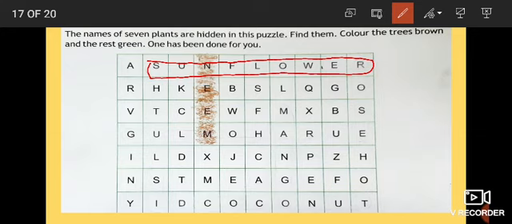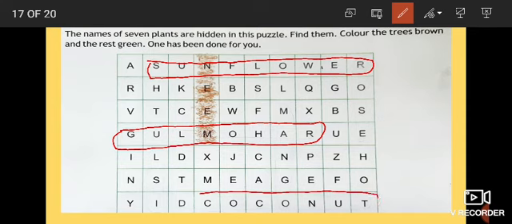Nothing. Third line, no. And the fourth line, Gulmohar. Gulmohar tree. We learn about Gulmohar tree, no? Yes. The flower of this tree is red in color. We learn it, no? And look at the next one. Next line, any plant is here? No. And in the last line, we can find out one tree, coconut, coconut tree. Okay, coconut is a tree.